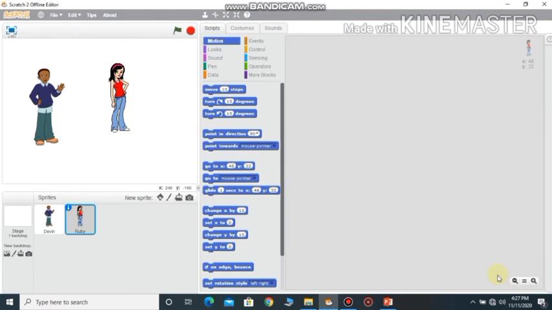So now what we have done, we have added the sprites to our project, right? What will the sprite do? It will perform action according to the instructions given by us, right? As of now, we have not given any instructions for this sprite. For this boy sprite also, we have not given any instruction. And for this girl sprite also, we have not given any instructions. If we want the sprites to perform some action, we have to give instructions, right? Here two sprites are there. So for both the sprites, you have to give instructions separately.